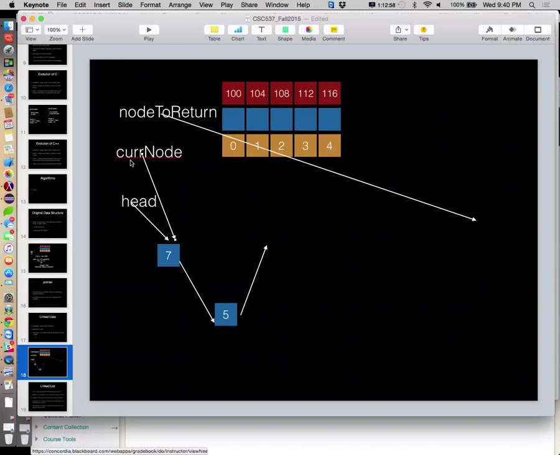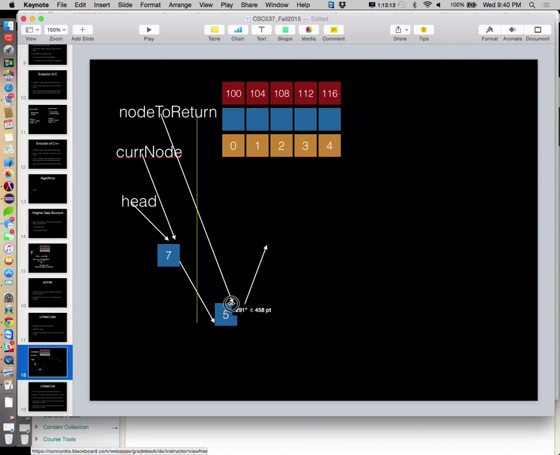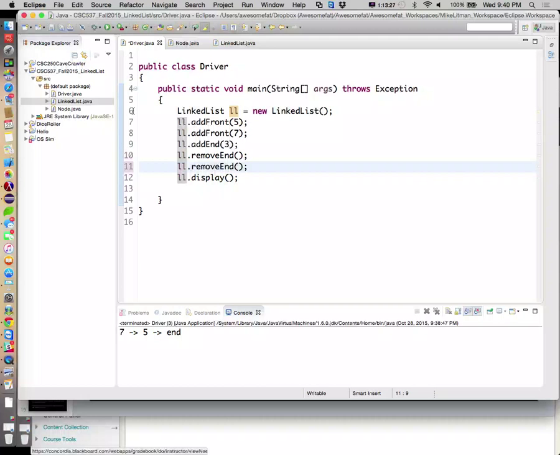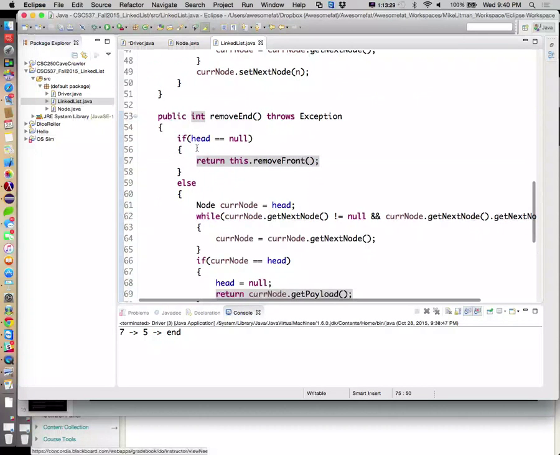We need to ask an additional question. Does Cur Node have a next node? If it's equal to head and it has a next node, we still do the other thing, which is going to be node to return is equal to this guy. Then we can disconnect this guy, so on and so forth. So there are two possibilities with Cur Node equal to head. Correct. So we actually want to write this like this. So we're going to say,